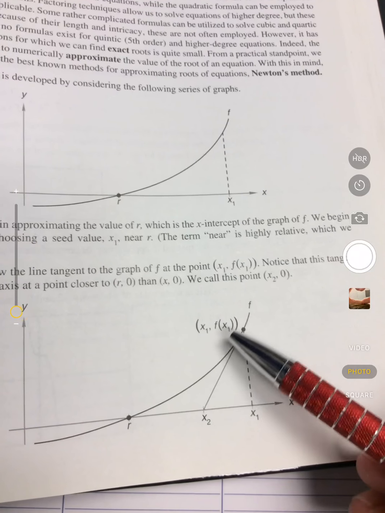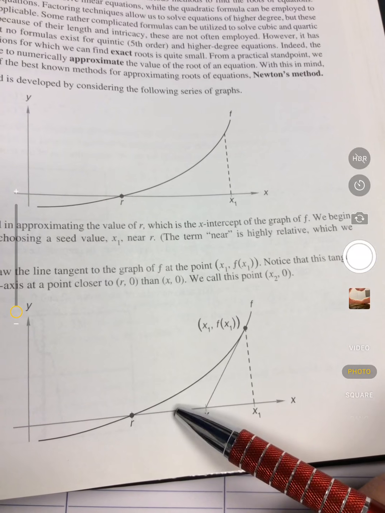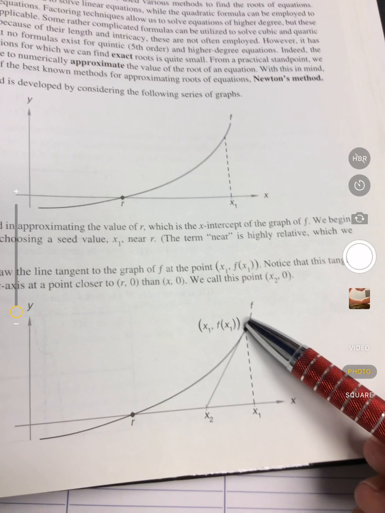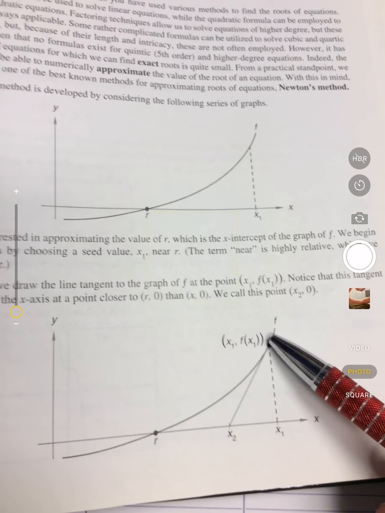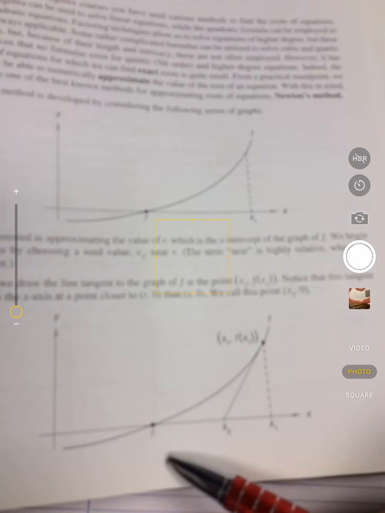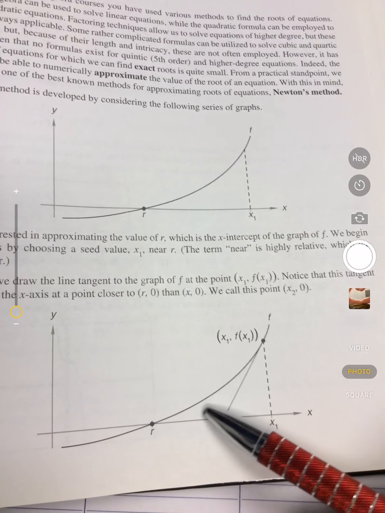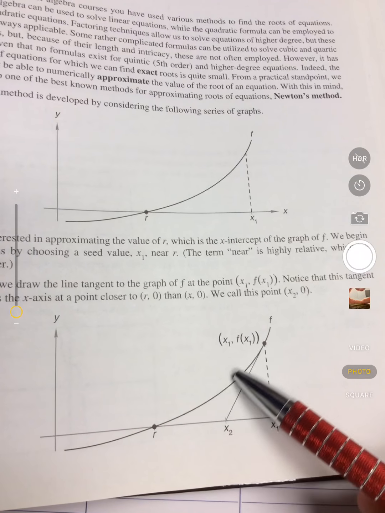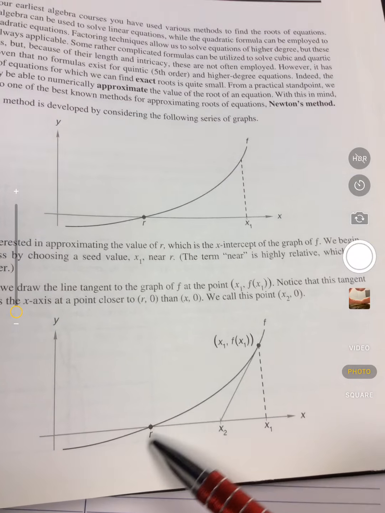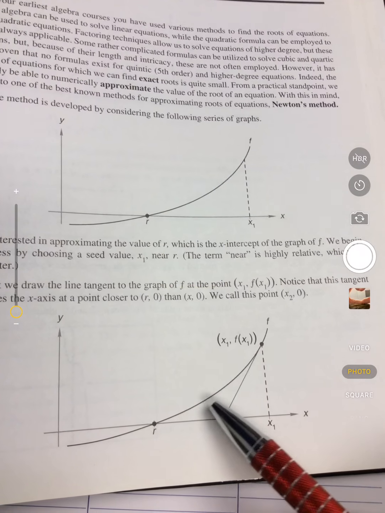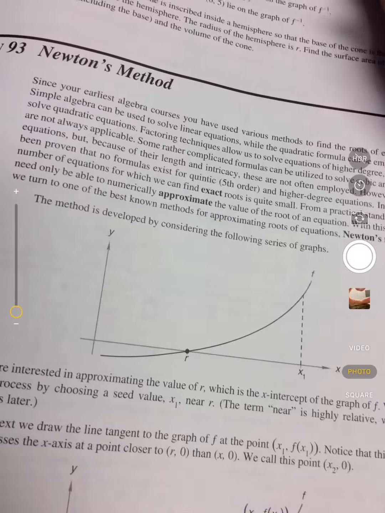So you can probably guess if we select an x3, or we calculate an x3, which is what I'll show you to do next, then the slope would come like this, and as the slope gets closer and closer to the slope of this tangent line, then we will get close to being what R is. Alright, so then on page